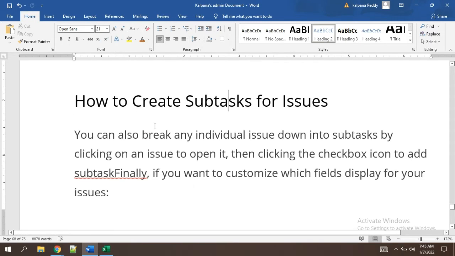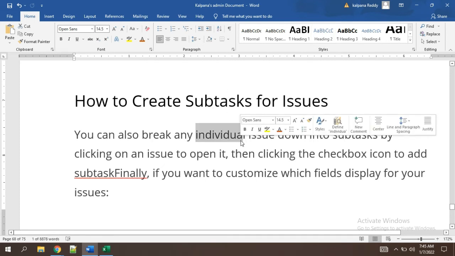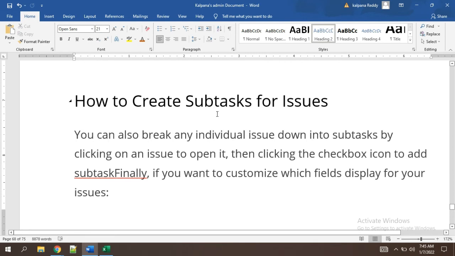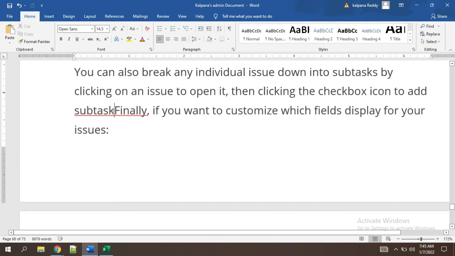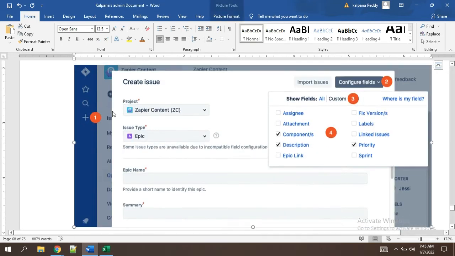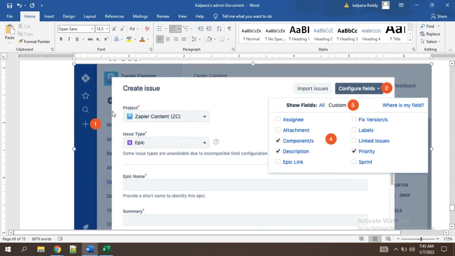So, if one task is there, which is saying create a Word document for the Jira working, and you want to create a subtask, if one more person is working on the same one, he will create a subtask saying that I am also helping on the same, and I have contributed some part of that. So at that point of time you can create the subtask also. Subtask is also a similar one. You can just click on, so already if there are,